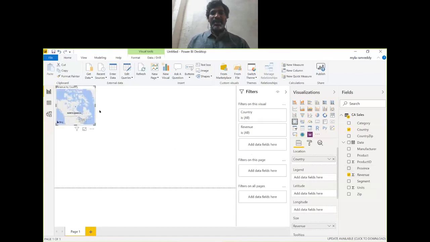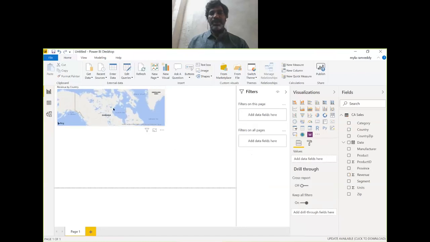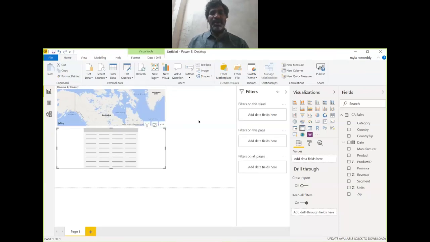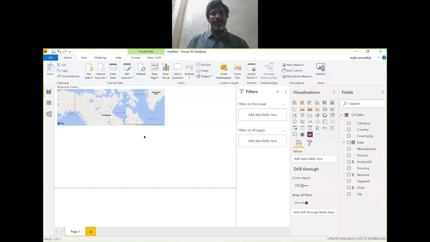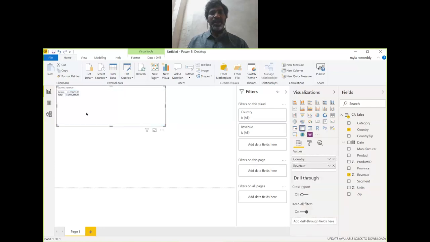So I have here country wise revenue. We got here some kind of bubbles. I got here only one data. Canada data is available. Canada only we got the bubble. I don't want to see that. I want to see the table format. I want to see the data, for example. Then you can select this visualization, then you can select here table. Now it's showing Canada, what is the total we are seeing.